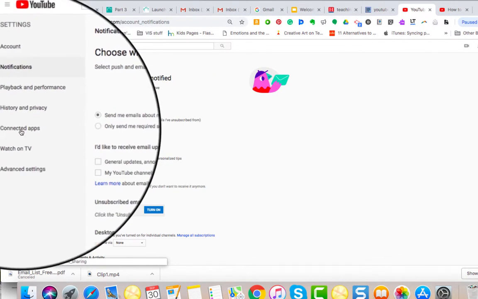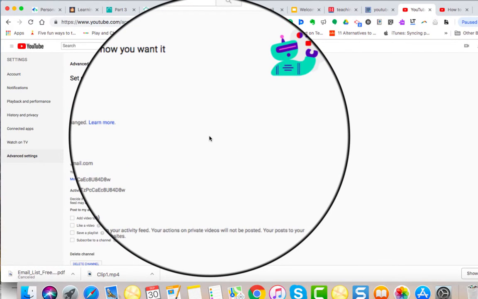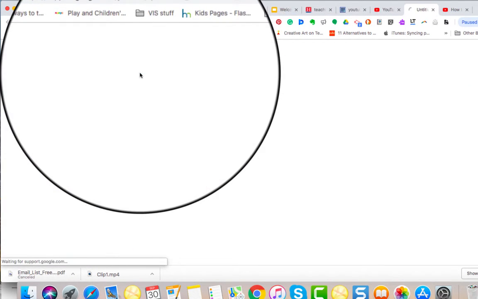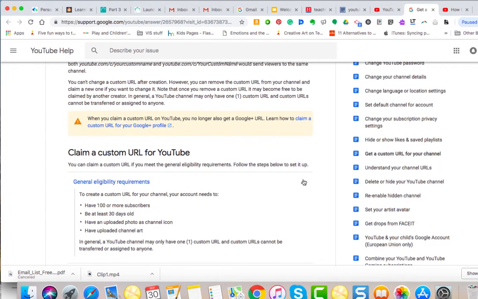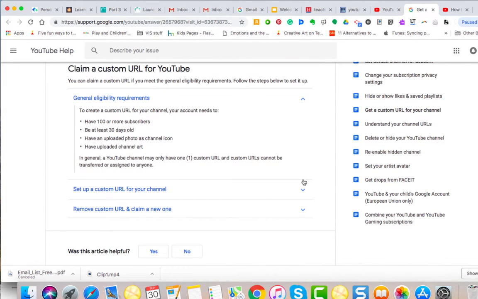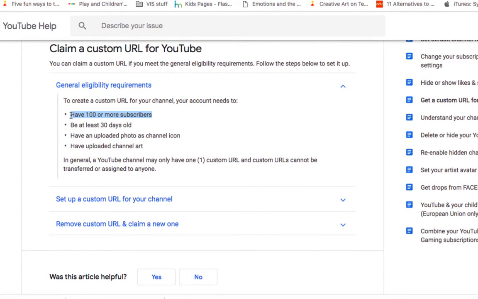Now, I'm just going to also show you advanced settings. If you wanted to create a customized channel, let's see, they've made some changes, so let's take a look. Let's see our eligibility here. All right. So it looks like if you were going to create a YouTube channel, you would have to have 100 or more subscribers. And it has to be at least 30 days old. So this might take some time, but you could eventually create a custom URL for YouTube, which would be really beneficial